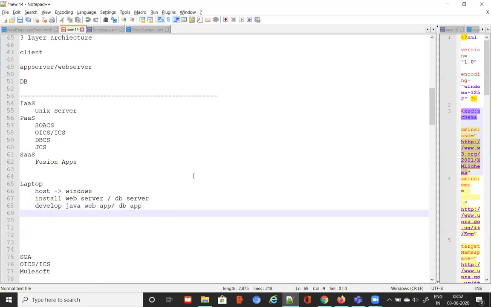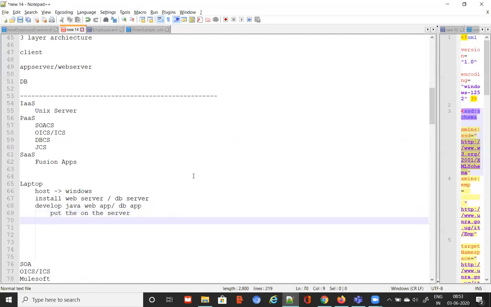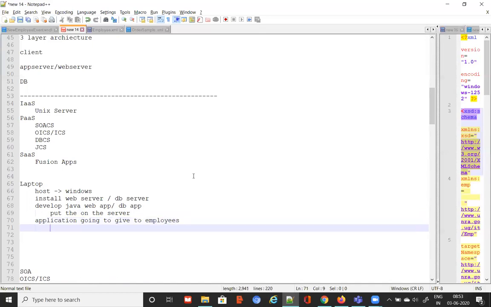Then I put them on the server. Then this application, I'm going to give it to my employees through some URL. Ultimately, you want to develop some application and give it to your vendors, your employees, your clients, or whoever, so that they can access your functionality.